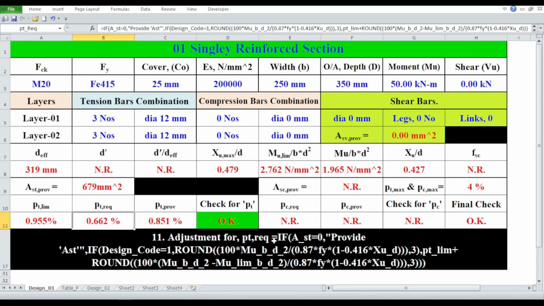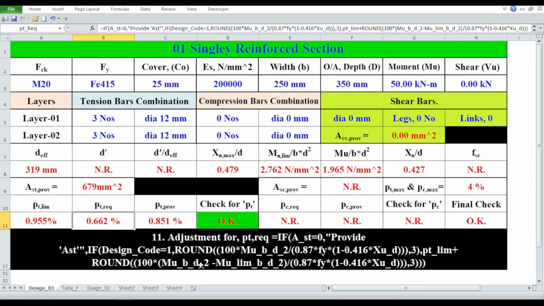The formula for PTREQ equals IF(A_ST=0, "provide AST", IF(design_code=1, ROUND(100*mu_b_d_2/(0.87*phi*(1-0.416*xu_d)), 3), pt_lim+